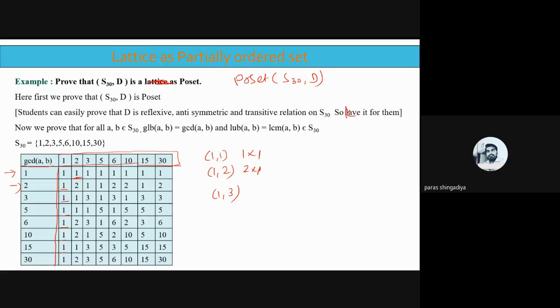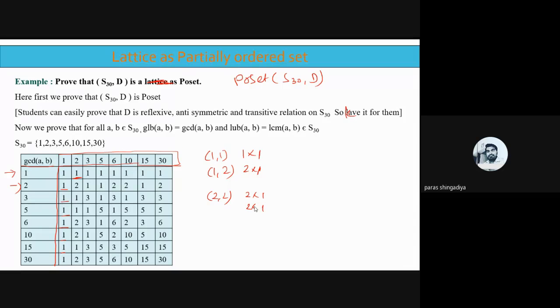सो दैट इज कंप्लीट एंड नाउ चेंज द नंबर 2 and make it pair with 2 with 1, that is already defined answer here. Consider 2 with 2, 2 with 3, 5, 6, 10, 15, 30, clear. So here 2 comma 2, which number is the greatest common divisor? Factor of 2, that is 2 cross 1 and next number is also 2, that is 2 cross 1. तो उसमें कॉमन डिवाइजर 2 और 1 दोनों है, ठीक है। और उसमें से ग्रेटेस्ट नंबर कौन सा है? दैट इज अ 2, तो आंसर विल बी द 2, ओके। नाउ 2 with 3, 2 और 3 में कॉमन डिवाइजर क्या है? 2 into 1 and 3 into 1, so 1 is the common divisor. So between 2 and 3 answer is 1.